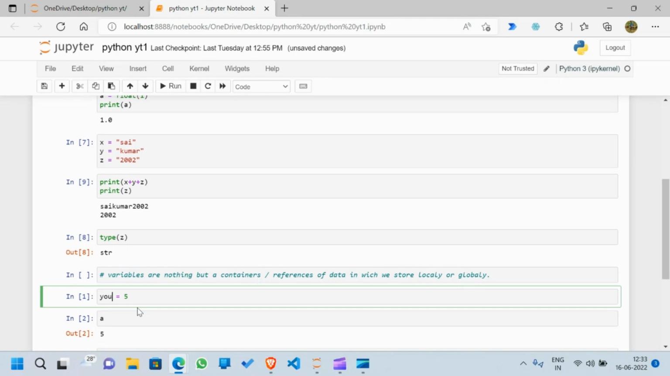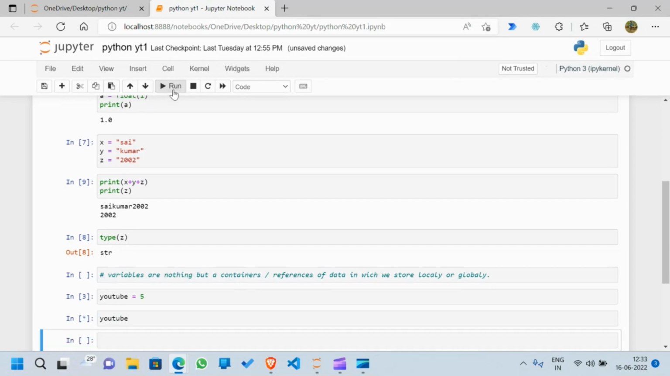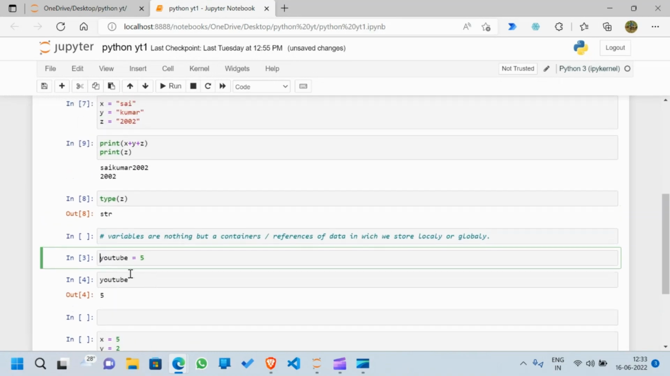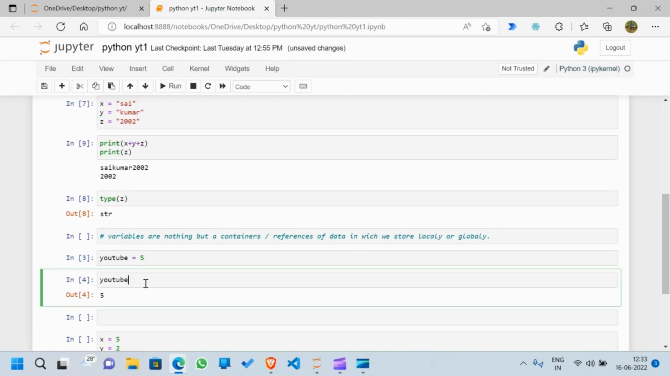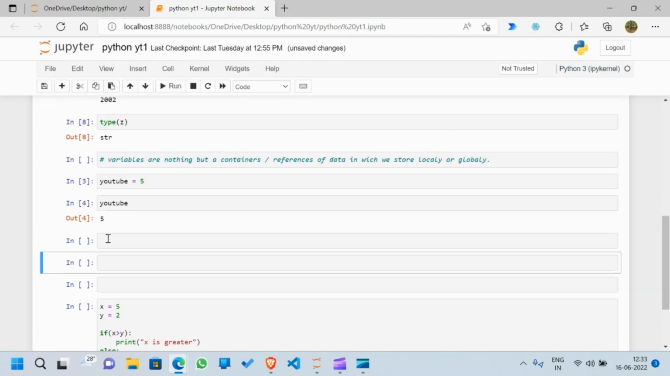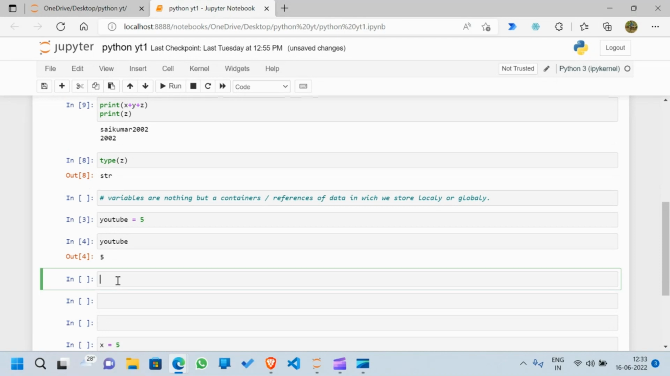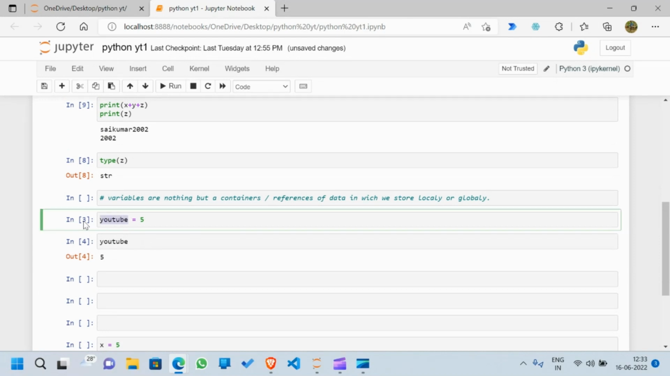for example, YouTube. YouTube is equals to 5. Enter. Now if I check the variable YouTube, let me run this. You can see 5. So you can easily get to know about variables based on this. Let me create more cells. So this is a temporary variable in which we can store the value, or even